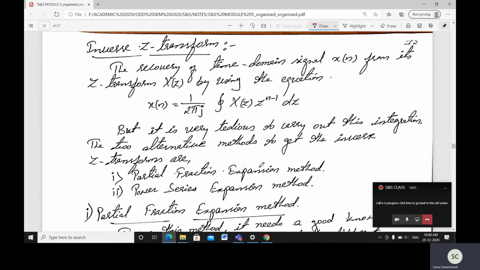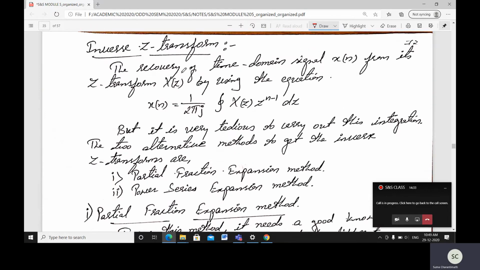Next we will go with a small theory part where we are going to discuss how the inverse Z transform works. We already came across the inverse FT and inverse DTFT. From the Z transform you will get the input signal. The inverse Z transform converts from the Z domain to the time domain function. In the FT and DTFT, we go from the frequency domain to the time function; here we go from the Z domain to the time domain function by using the inverse Z transform.